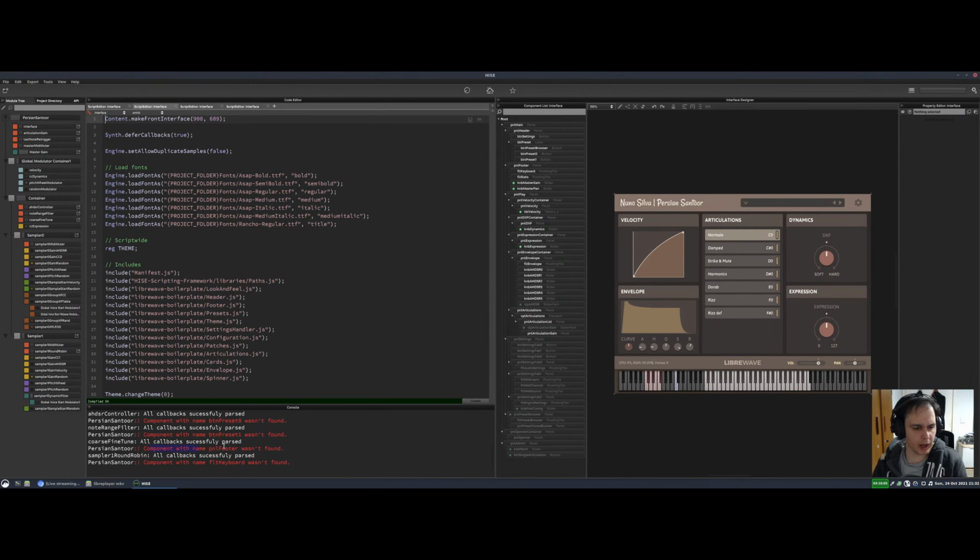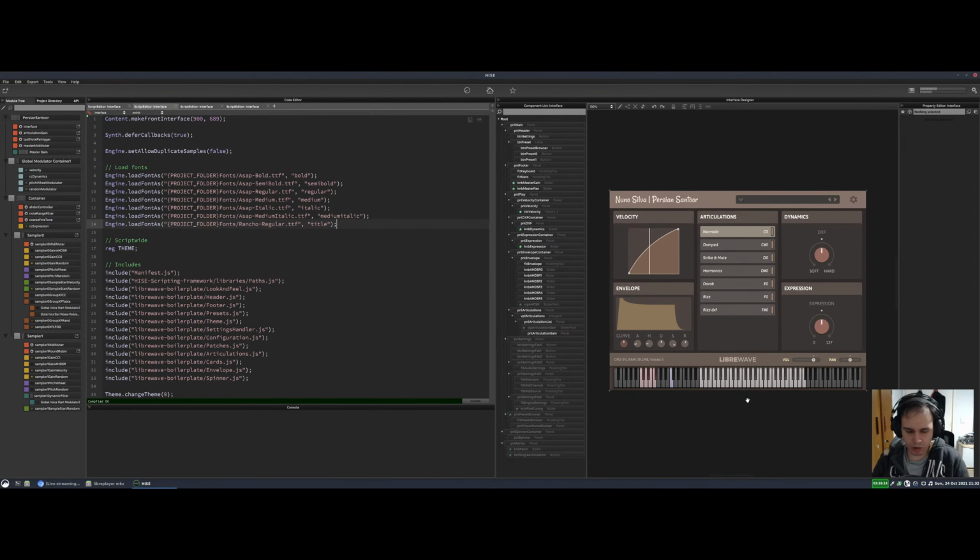So I'm not sure why that happens, but the project still loads fine. Sometimes it says it can't find my fonts as well, but it loads fine. So this one,